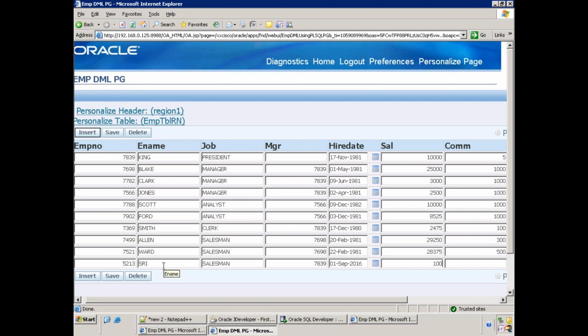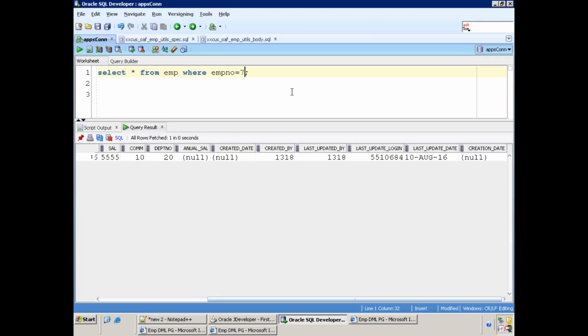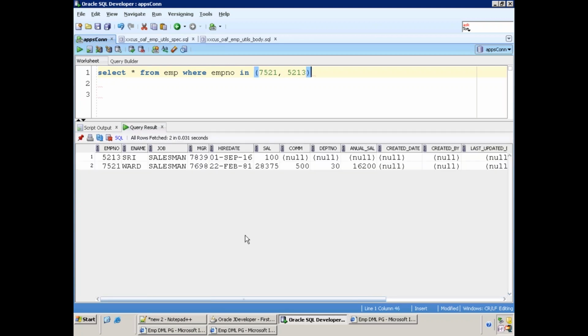Now I'm inserting this record, and I'll also update this particular username to 521 like this. Now check out: 7521, 5213. Got it? What happened to this username? It was not updated, right?